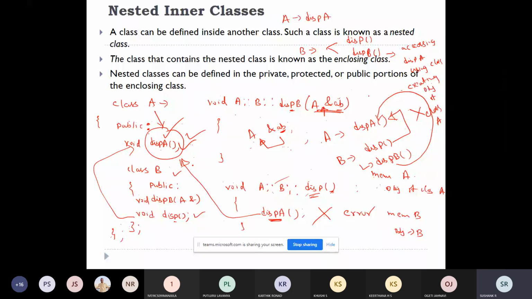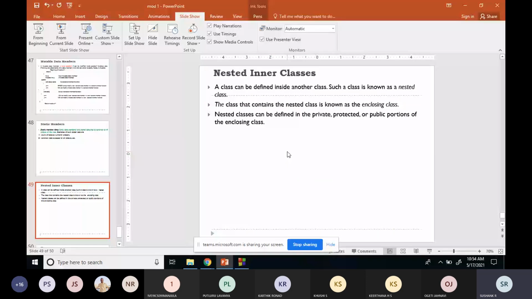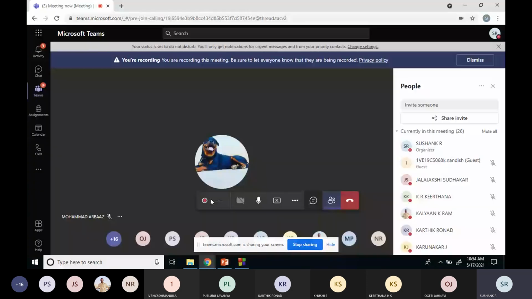Is that clear? Is that clear? Yes or no? Understood or doubt? Do you still have that doubt? Yes or no? See, in simple terms. Understood, Kirtana? Like your voice is breaking.